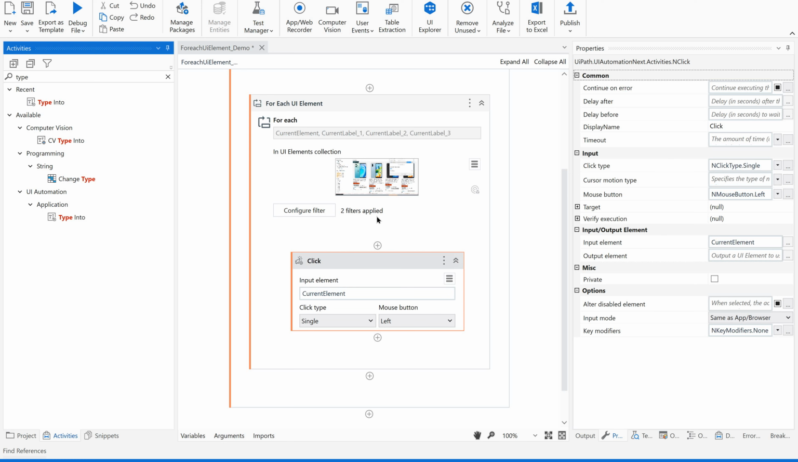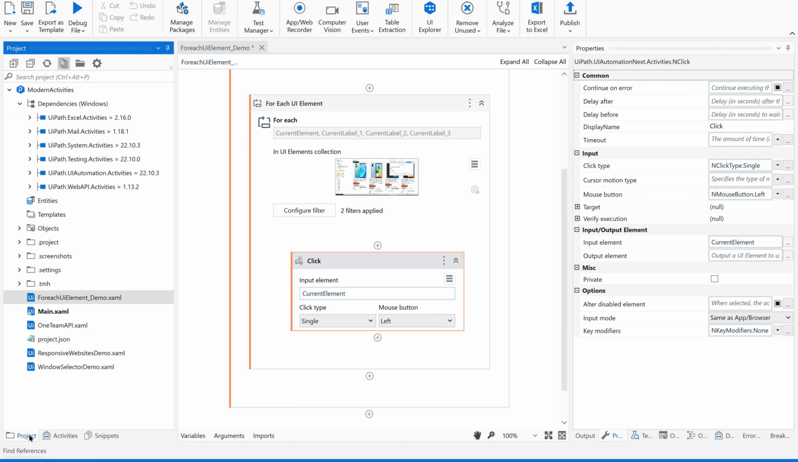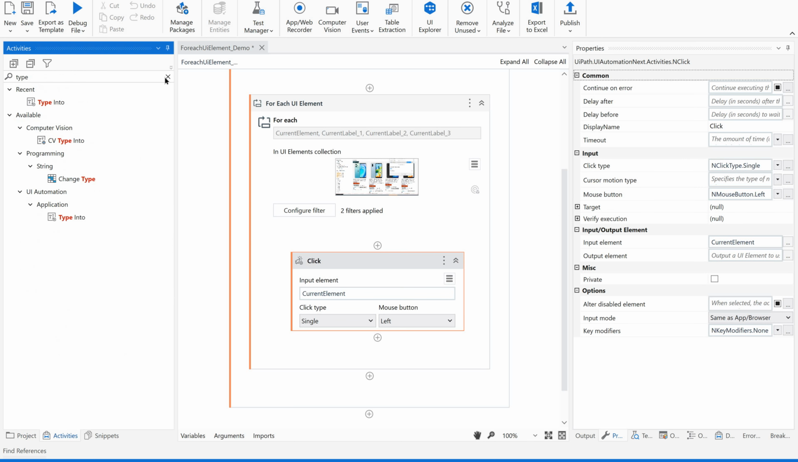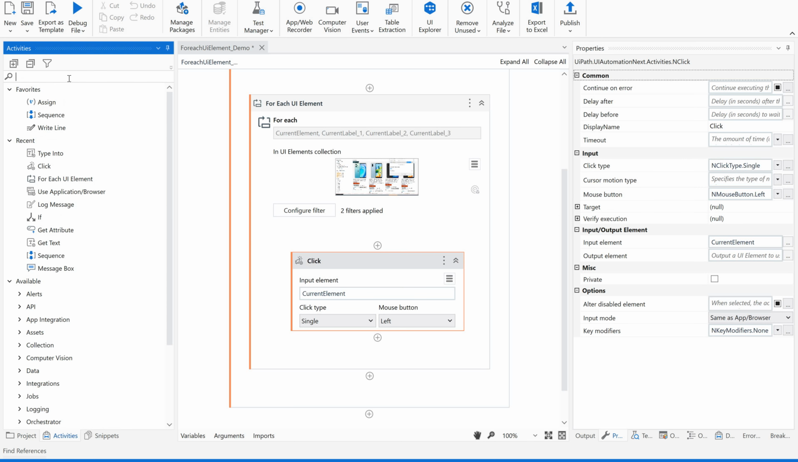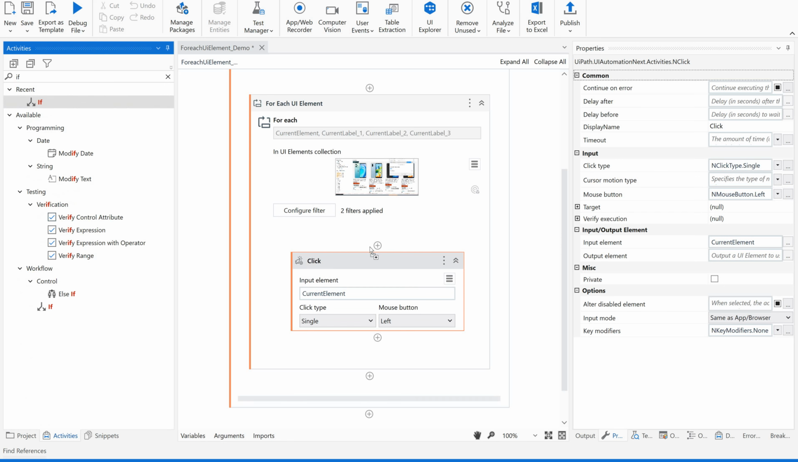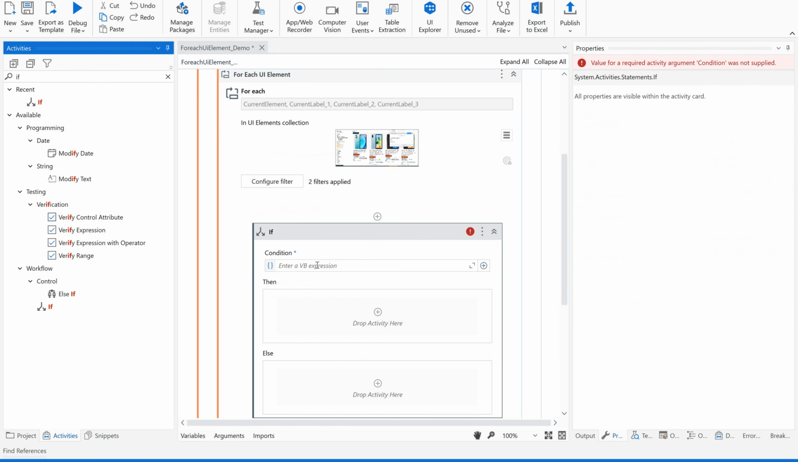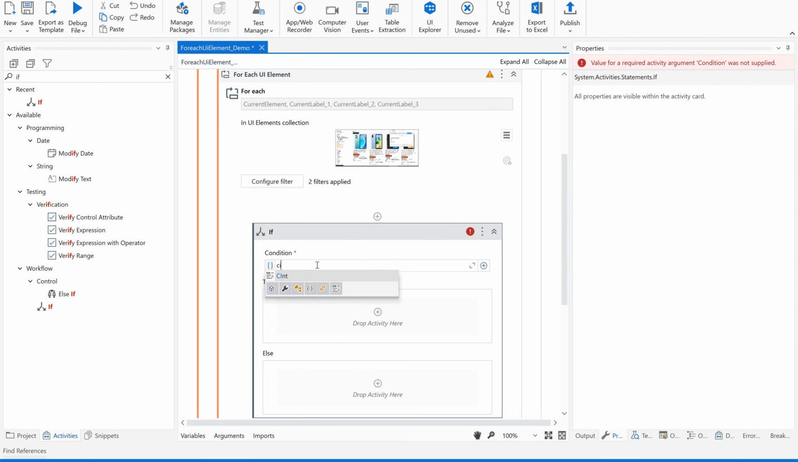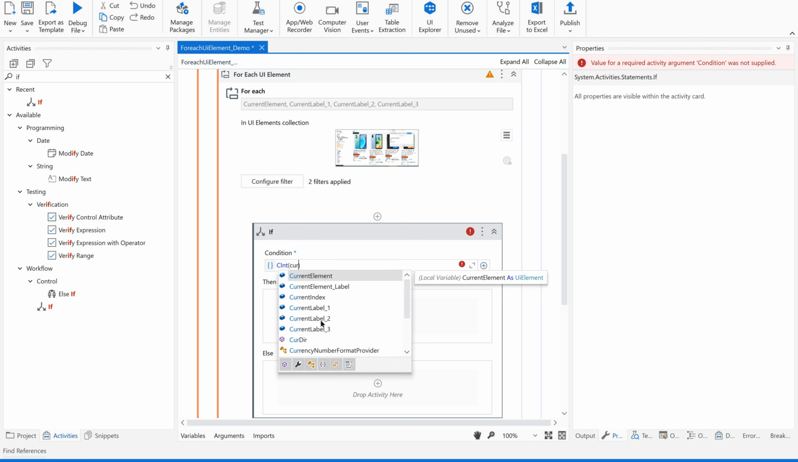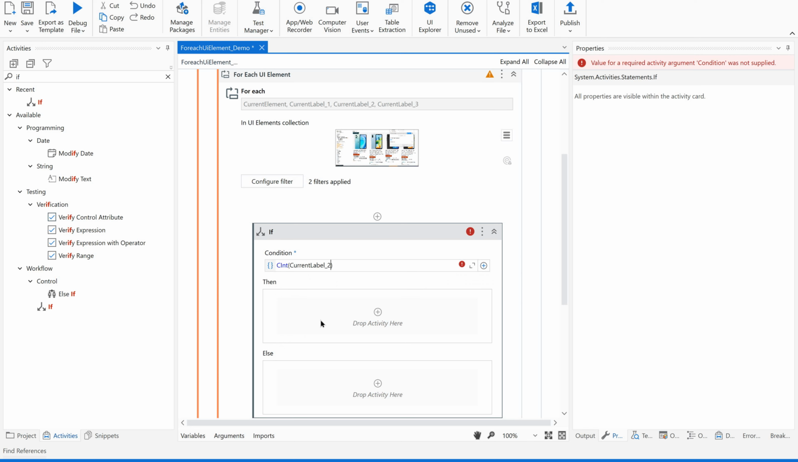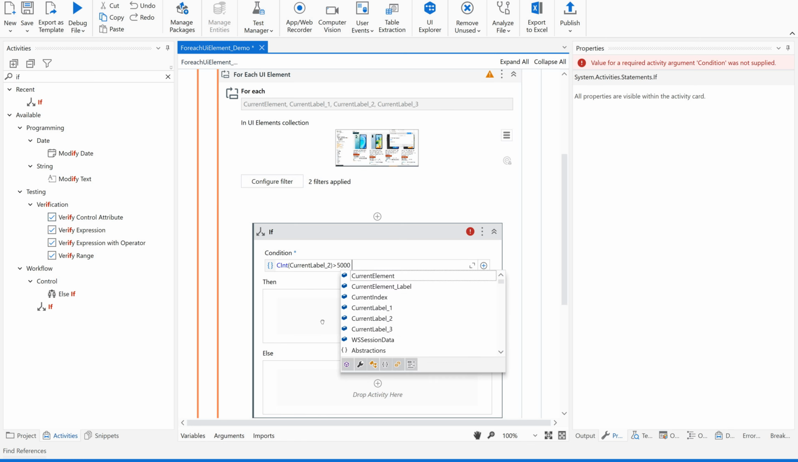So I'm going to open this, and let me play with one more label where we have the rate, the price tag, right? I'm going to perform some logic in this before I click, where I'm going to use CInt. What is the label name? I think it is 2, right? What I'm going to do is, it should be greater than 5,000 and